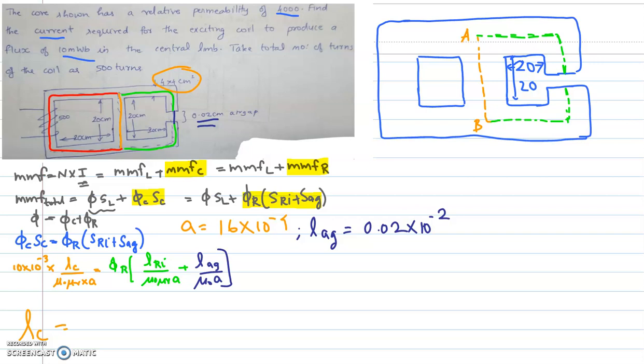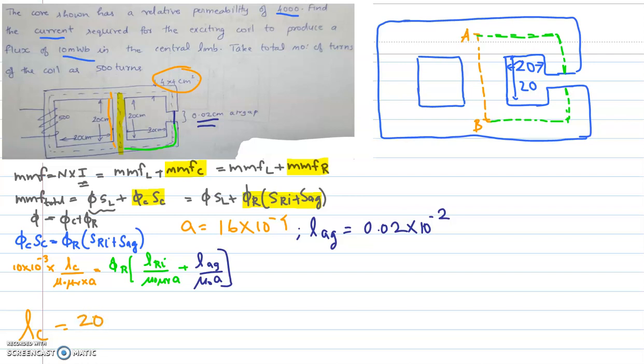Now if you look at the figure which is already given to you, you can observe the length of the central limb is from this particular point till this particular point. This length is already 20 centimeter, and from there you need to go a little up over here and a little down over here in order to get the length AB. So therefore LC will be